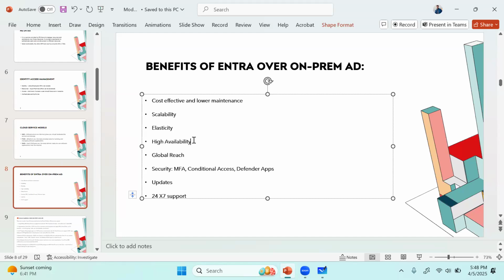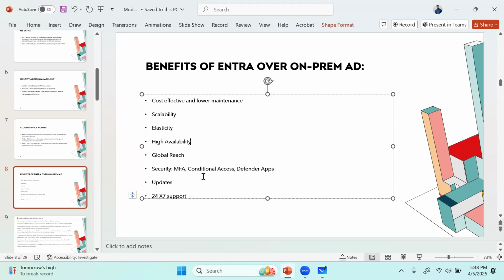That is the responsibility of Microsoft to ensure wherever the user is, the resources should be available near them, or even if the resource is far away, there should not be any kind of lag. If you have your own business, you'll have to set up your infrastructure in those countries, but it's Microsoft's responsibility here. Then security, you have got multi-factor authentication, you have got conditional access policy, you have got